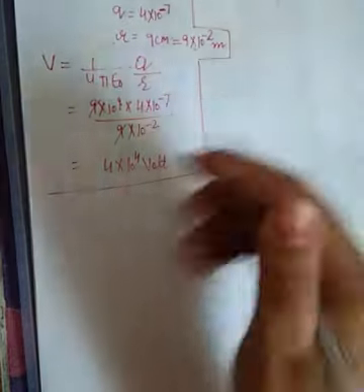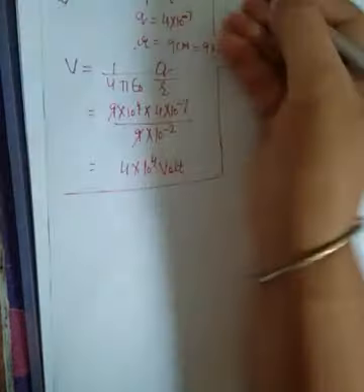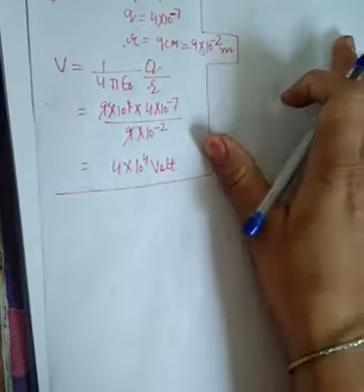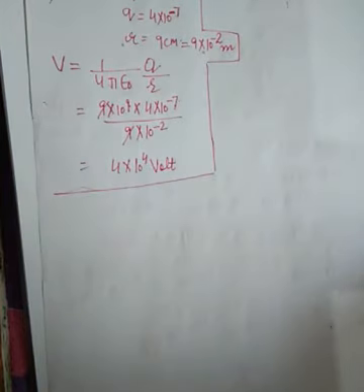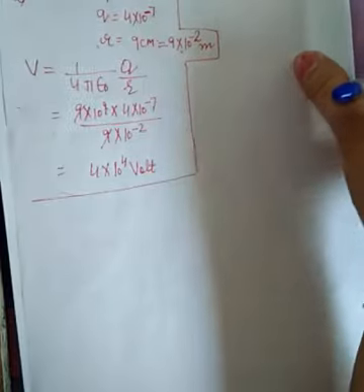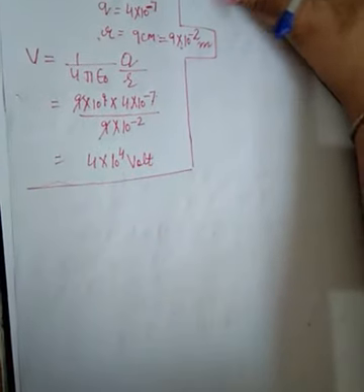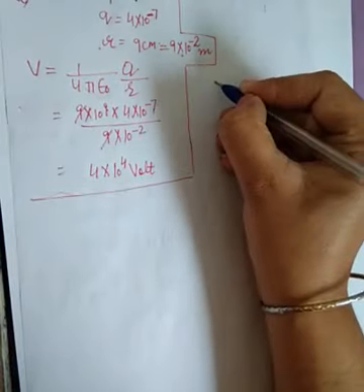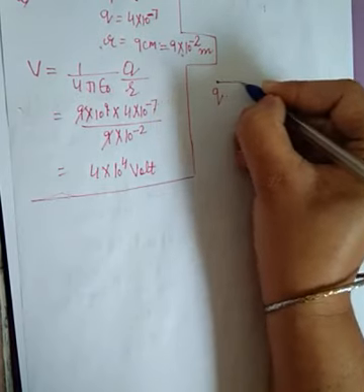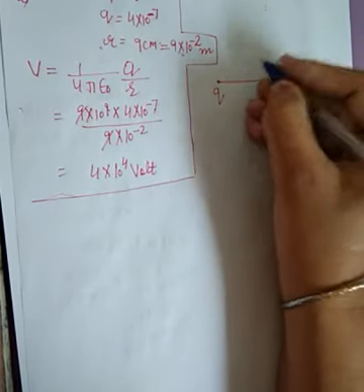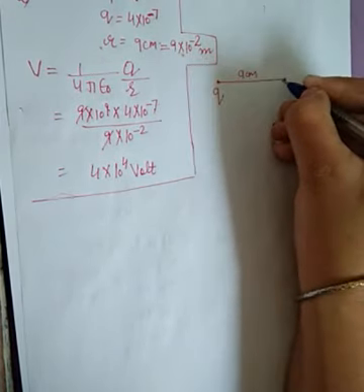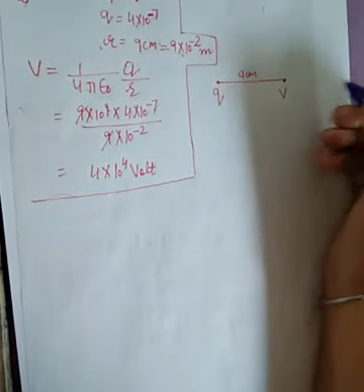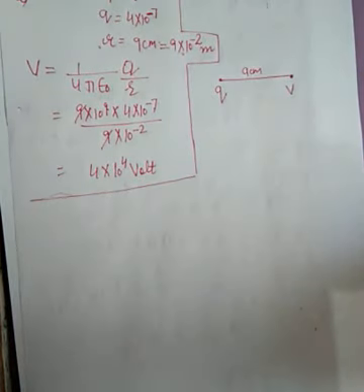Okay, now it is the A part. What about B? In B, obtain the work done to bring a charge. It means let us imagine this in diagram form. This one is our charge Q. We have calculated its potential 9 centimeter away. It means V is known to you. We have to calculate the amount of work done to bring a charge.